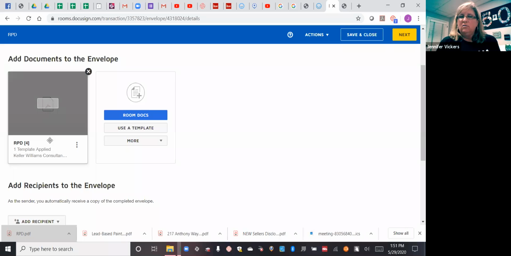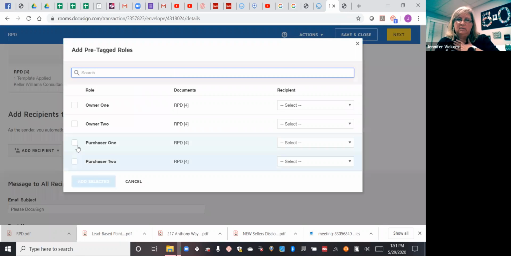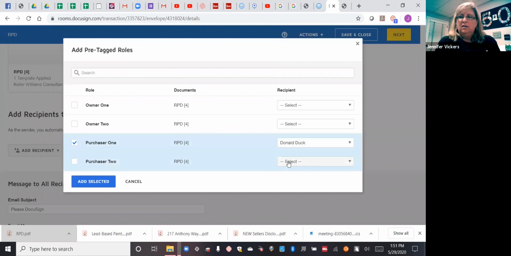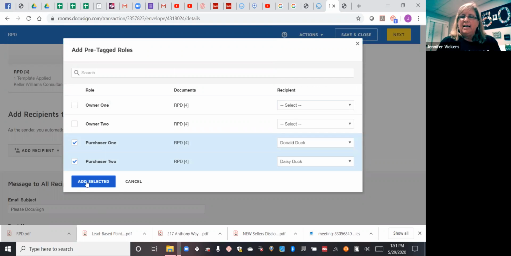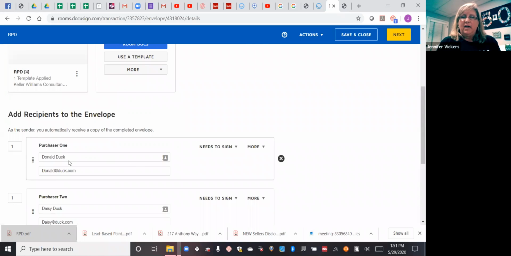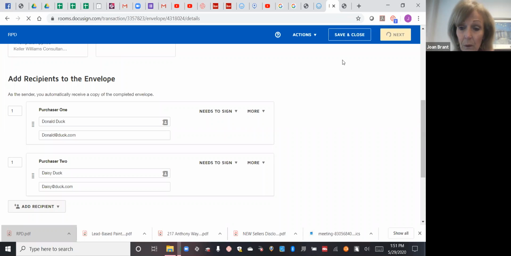And so now I will show you, let me add the recipients on the pre-tagged row. I have the buyers in this deal. So I go here to buyer 1 is Donald Duck, Daisy is buyer 2, and then click on Add Selected. So I have them in here, and these are pulled from the details page. And then when I click on Next,